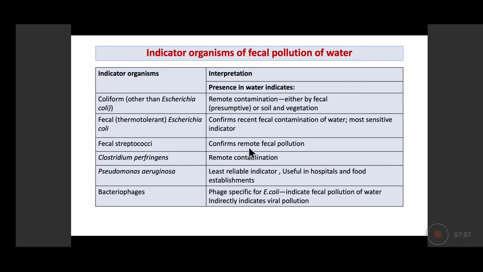Okay, so the isolation rate is very low. Sometimes the water is chlorinated, so most of the organisms, such as viruses, die due to chlorination. So there are various factors due to which all the pathogens cannot be tested for in the pollution of the water. Okay, so what we do is we test for certain indicator organisms, which basically indicate that